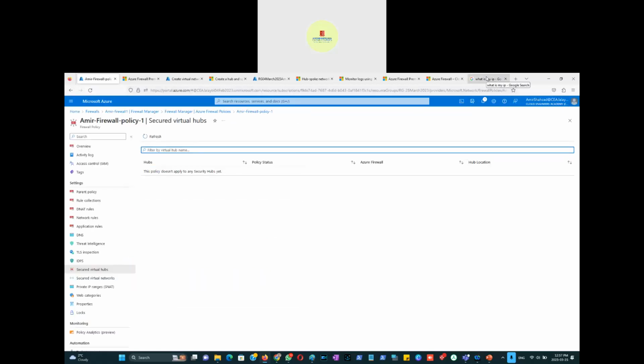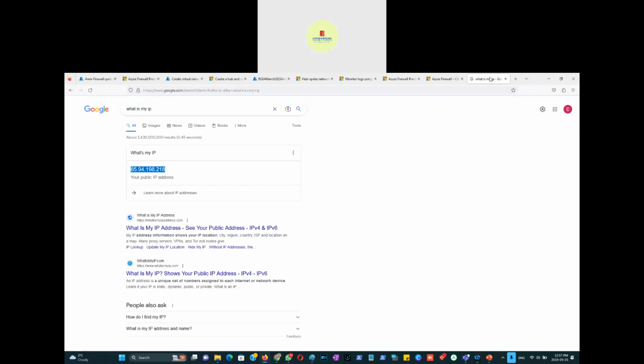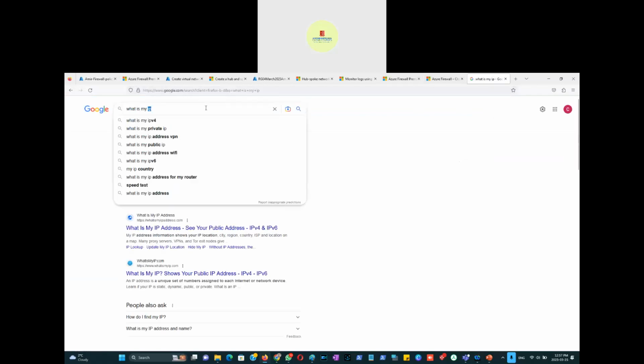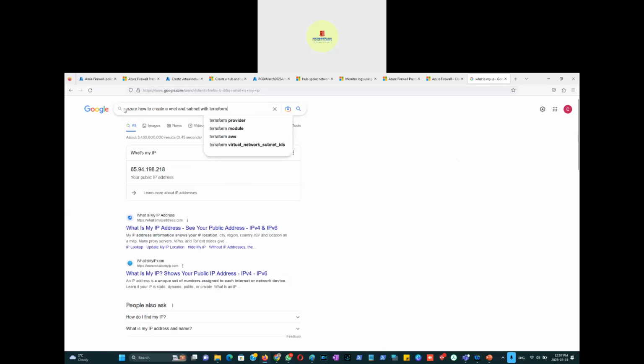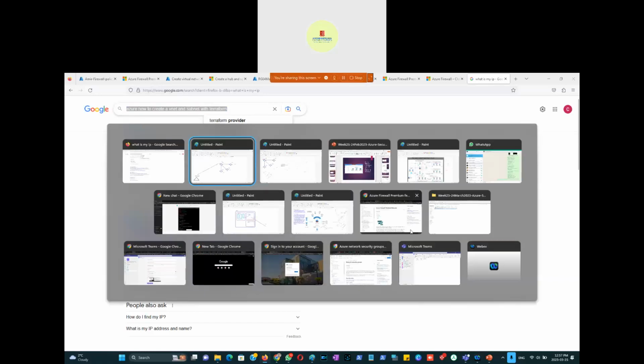So maybe you can create a task for yourself: how to create a VNet and subnet in Azure with Terraform, right? So if I just put that to our best friend here,